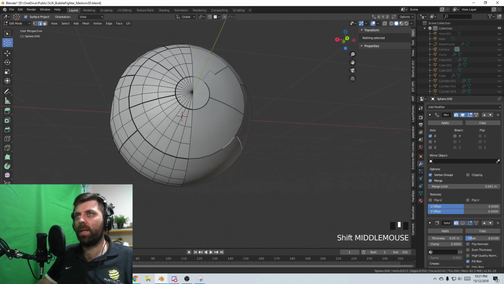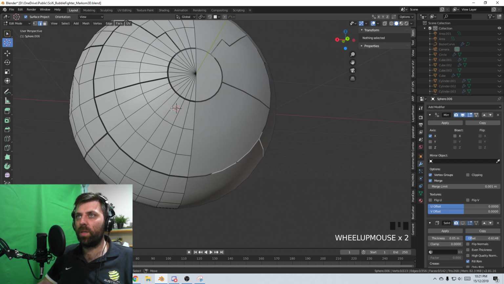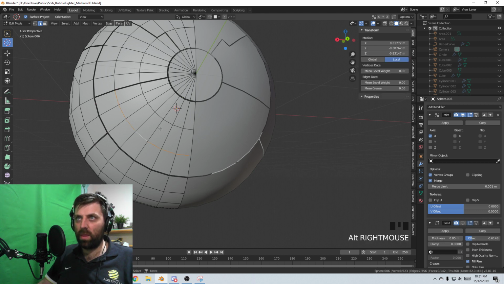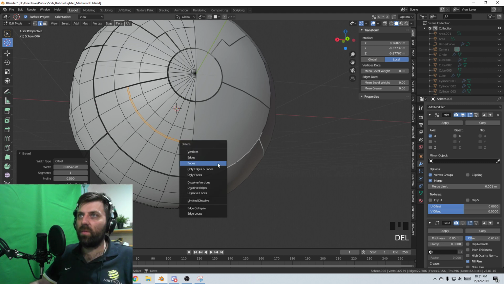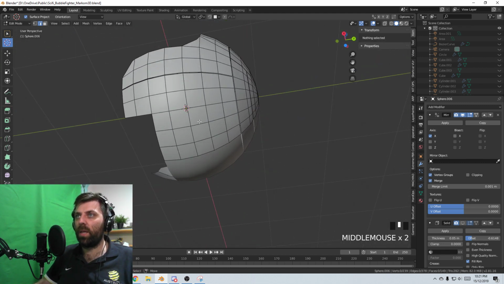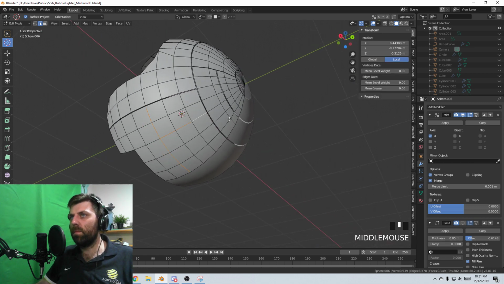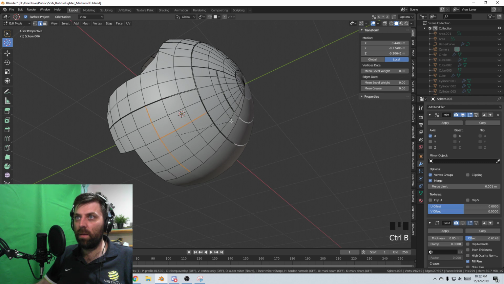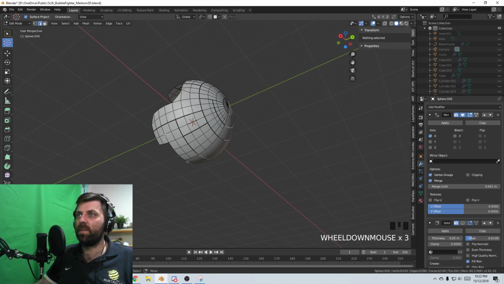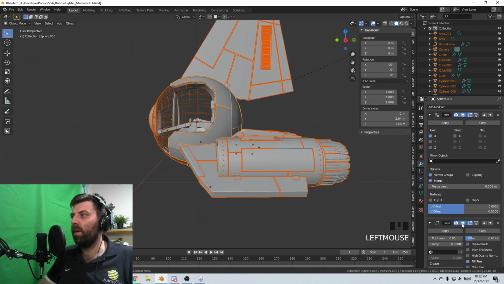I do like that design. I don't want to rough it up too much. But let's grab, actually I want one in here. Control B, delete faces. There we go. And let's put in another one in here, here. Control B, delete faces. So now if I do Control Alt H to unhide everything,